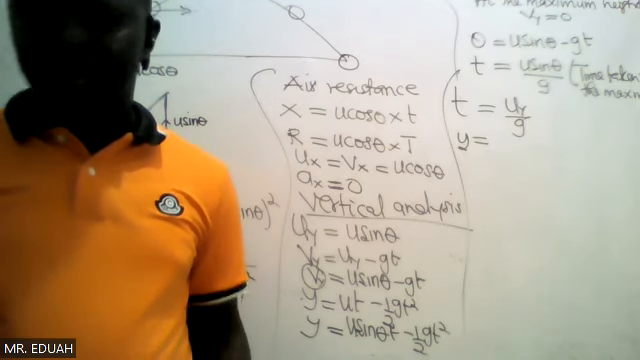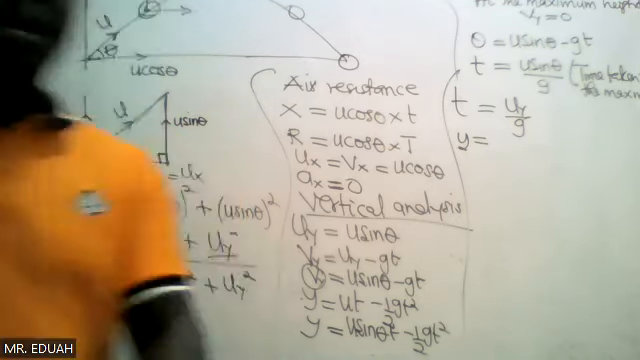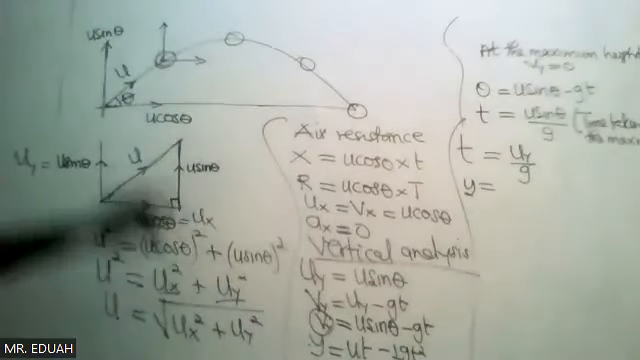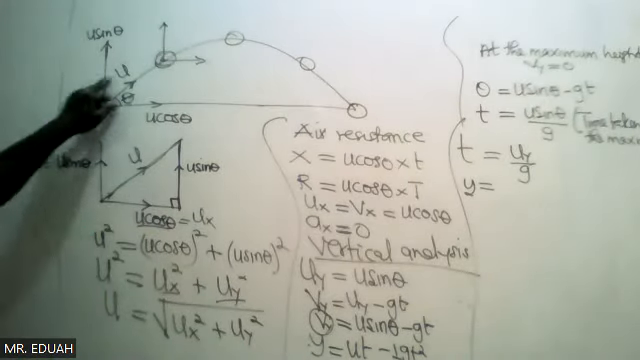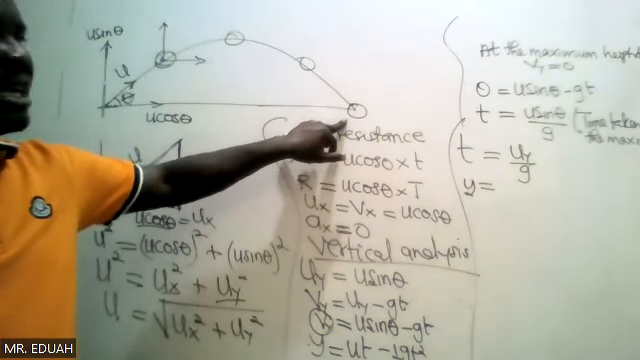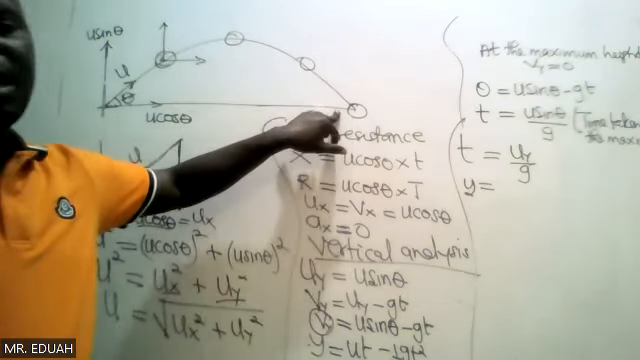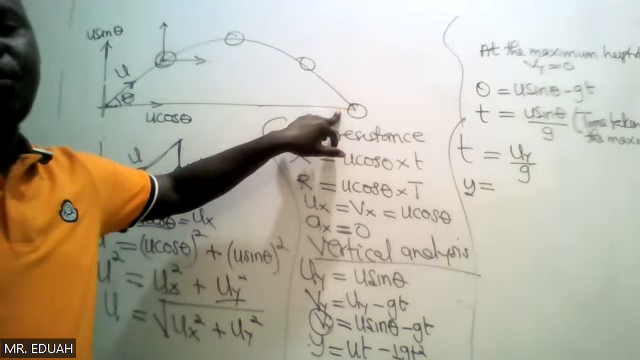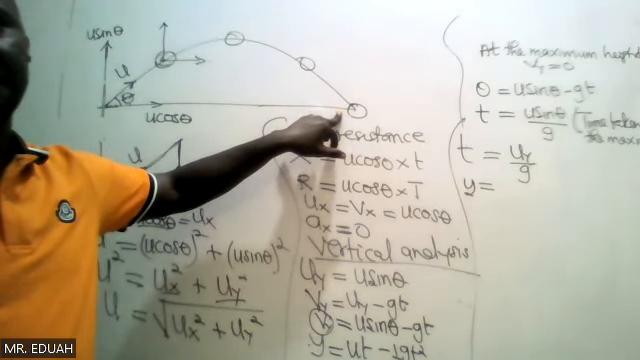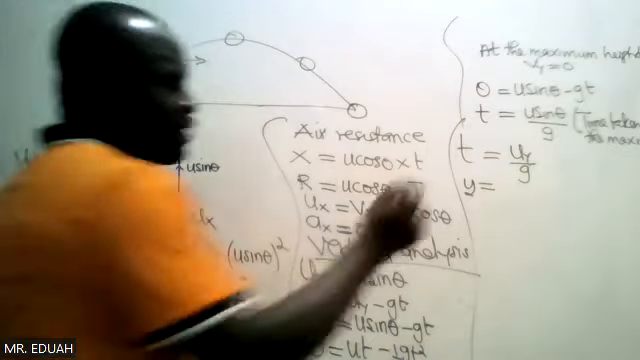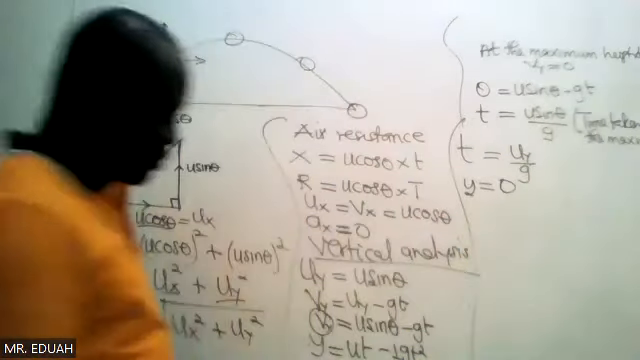Look at the diagram: the body starts and then drops to the ground again. When it comes to the ground again, the vertical displacement y is equal to what? 0. So if y is 0, when you use this,